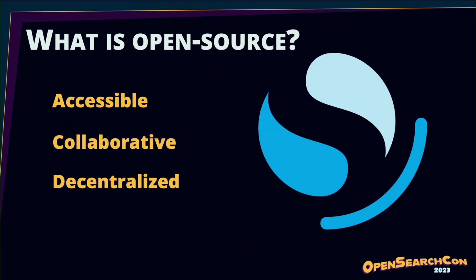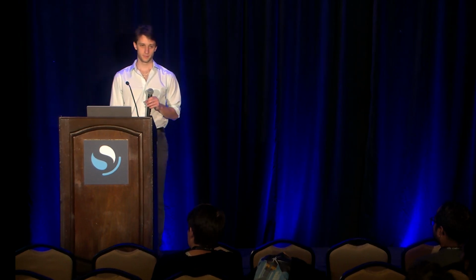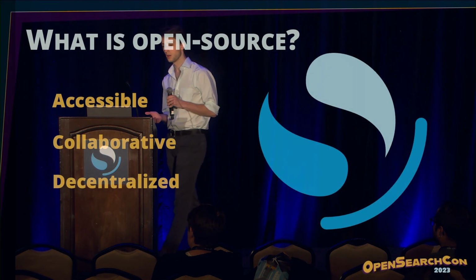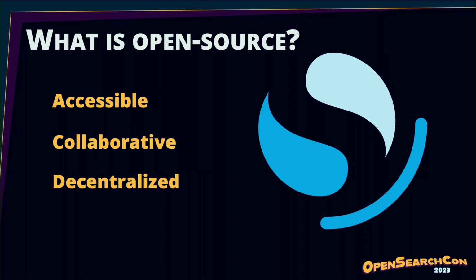So let's begin. All of us like to use the term open source to describe software. We all kind of have a value that open source software is better, but what does it really mean? Well, obviously open source is instrumental to OpenSearch itself. It's part of the name. It's in the commonly used description of an open source search and analytics suite. But again, what does it really mean?